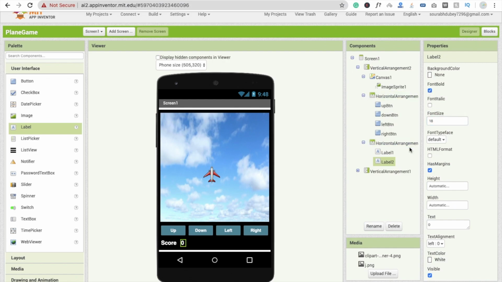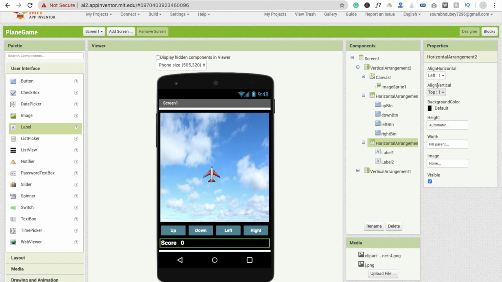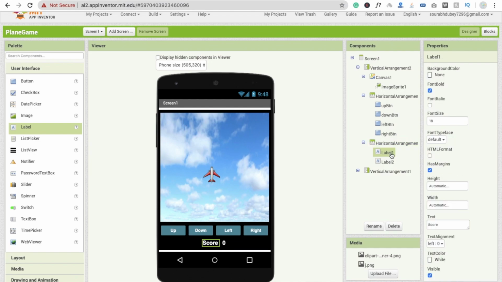Now I'm going to make it in a center, so click on left to center. Click on label 1 and make its width fill parent, not height, only width is fill parent like this. Fine. Now that's our second screen.